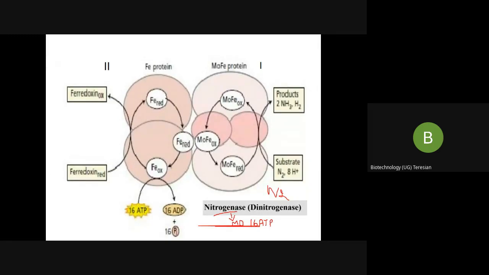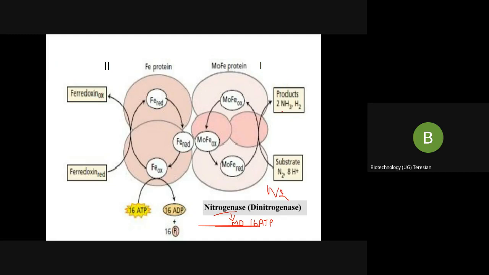And also, what is happening here is that the nitrogen molecule is getting reduced to ammonia. So it is a reduction reaction. My nitrogen molecule is getting reduced to ammonia, that is, hydrogen gets added. That is why it is called the reducing reaction or reduction reaction. First, we will look into the nitrogenase enzyme structure. Do not forget, the nitrogenase enzyme is present in the microorganism, not the plant.